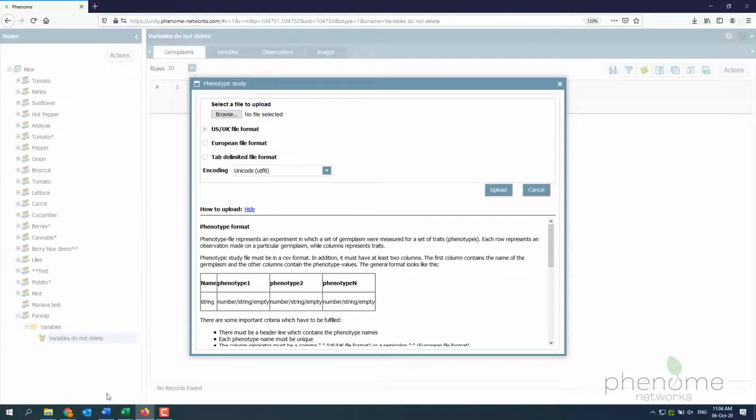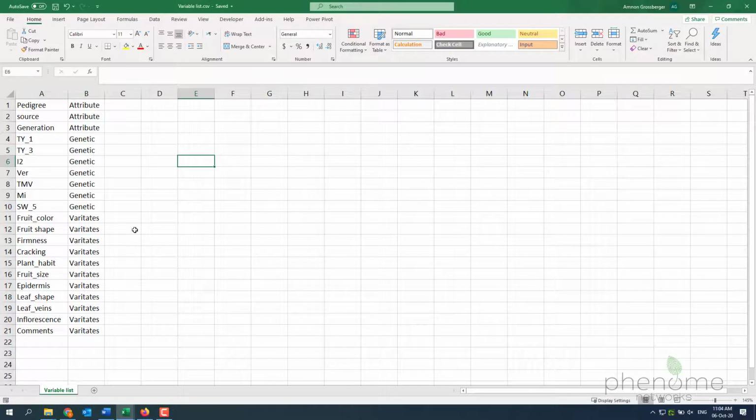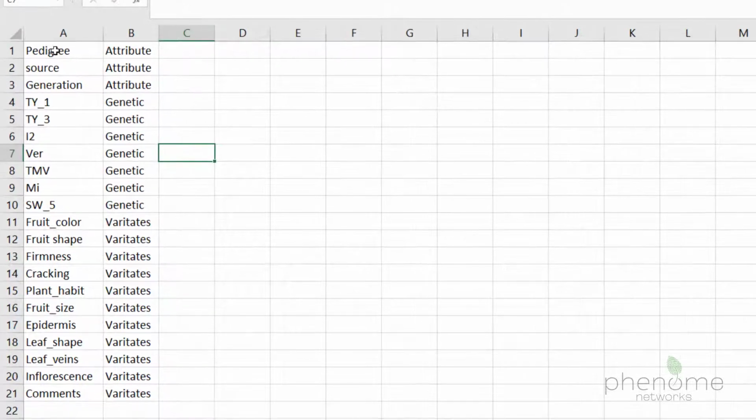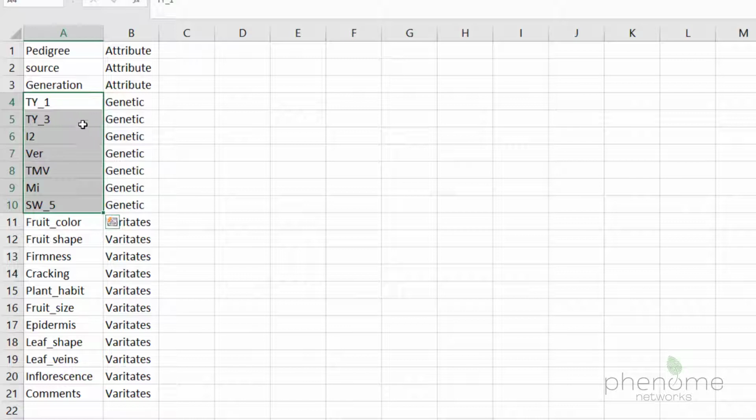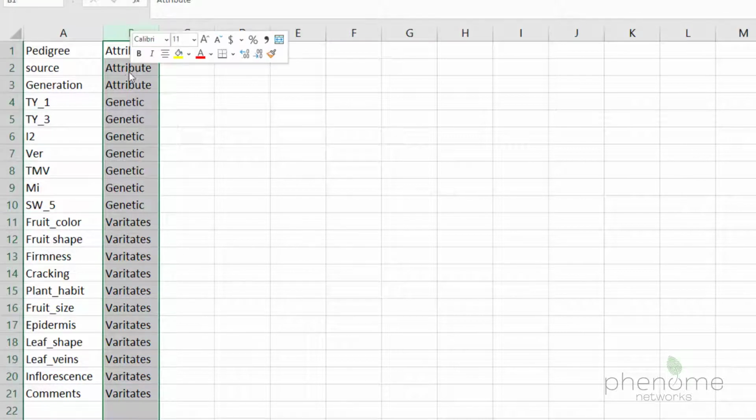So let's first take a look at the files. So assuming this is our variable list, notice that we have these three attributes about the line, about the germplasm, and then here I've set up these genetic attributes for resistance, and these variates which I'm usually measuring in the field. So let's get rid of this column